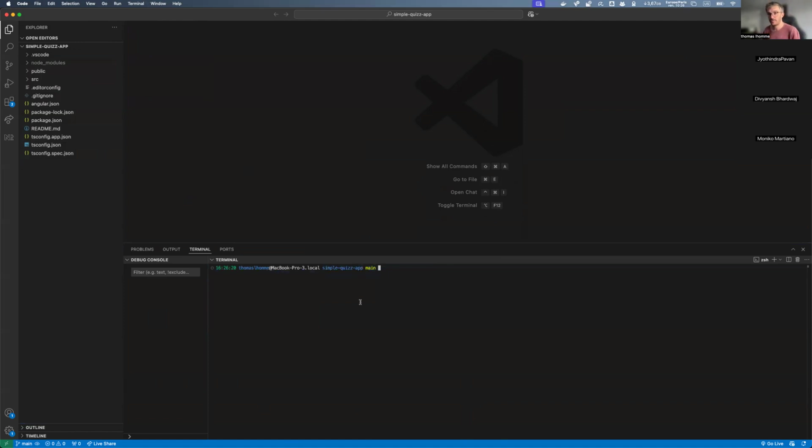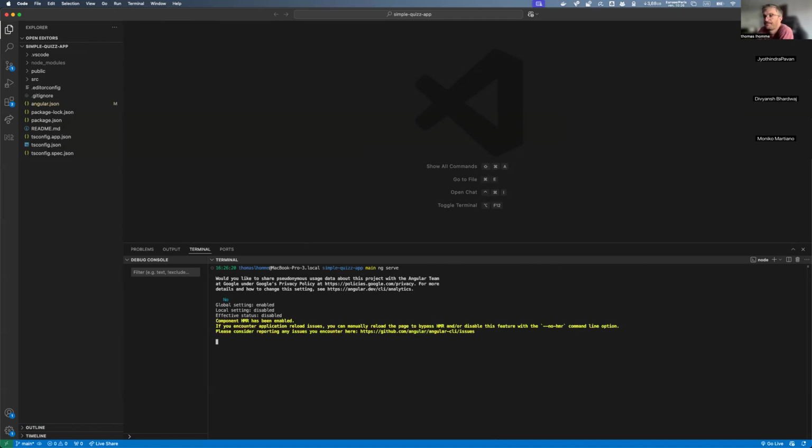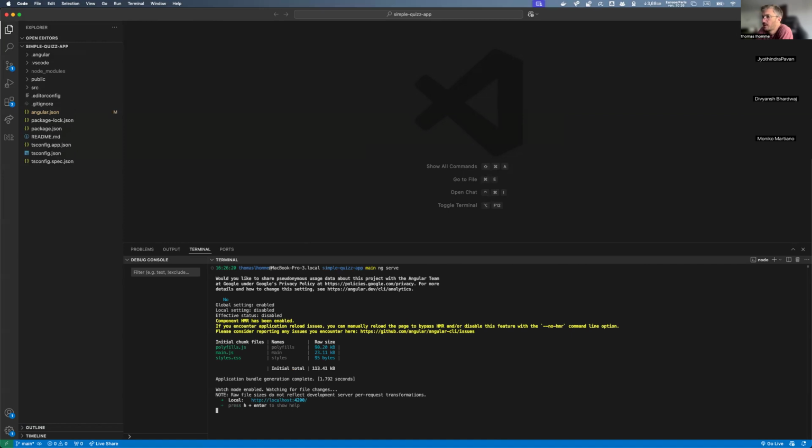So to run this app, you just need to type ng, as we did for ng new, right? ng, and you type serve, just like this. So let's try this, ng serve. Okay, it asks me if I want to send Google some information. By default it's a no. I press enter. Great. Now it's working.